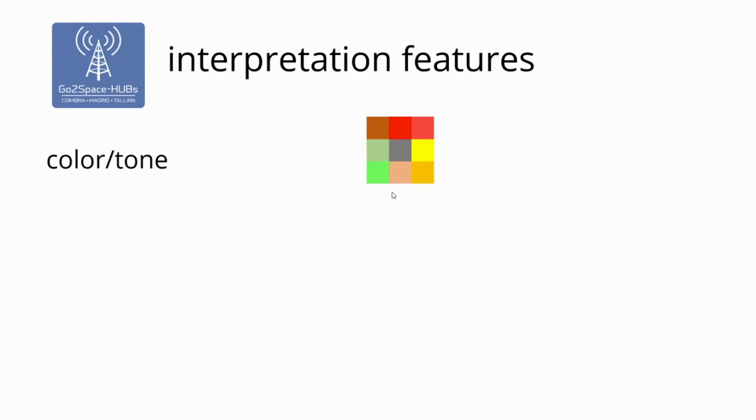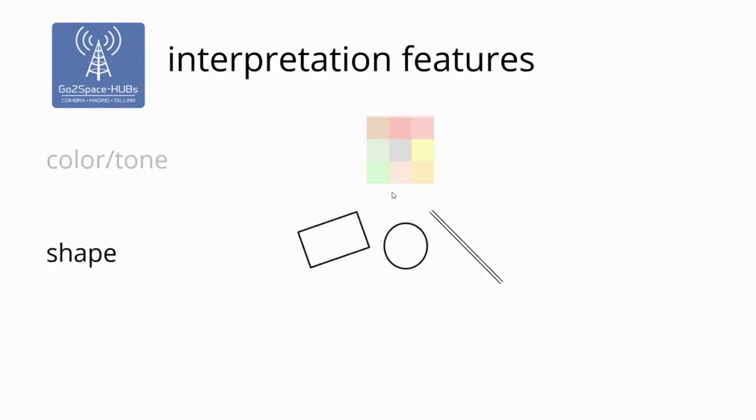So we use interpretation features, and they might be color or tone. This is a spectral feature, the only spectral feature actually. So this is what's inside the pixel, what is already there. So the color, let's say, of the pixel. But there are also a lot